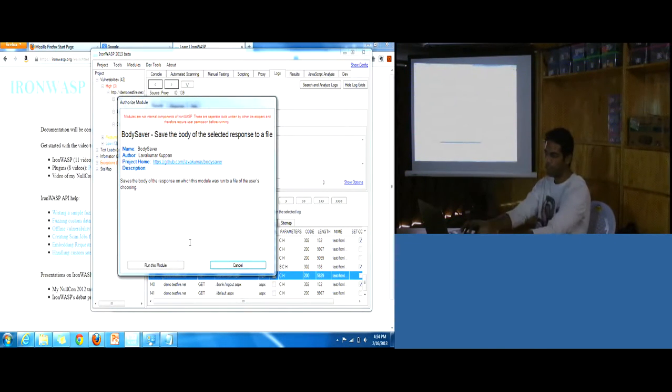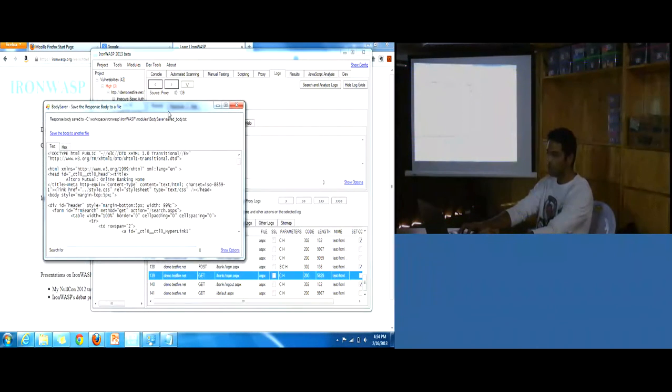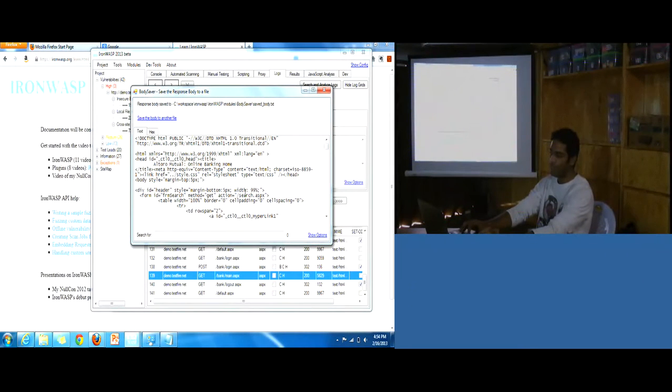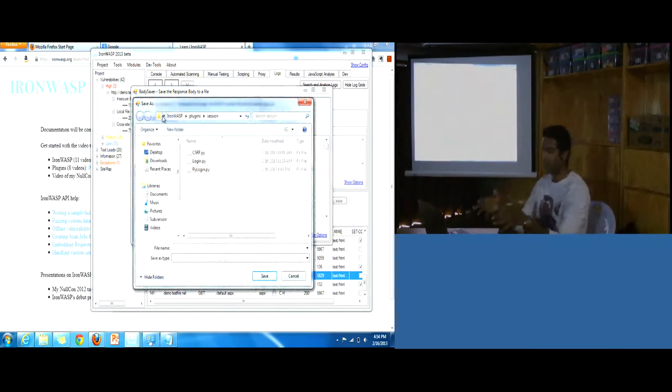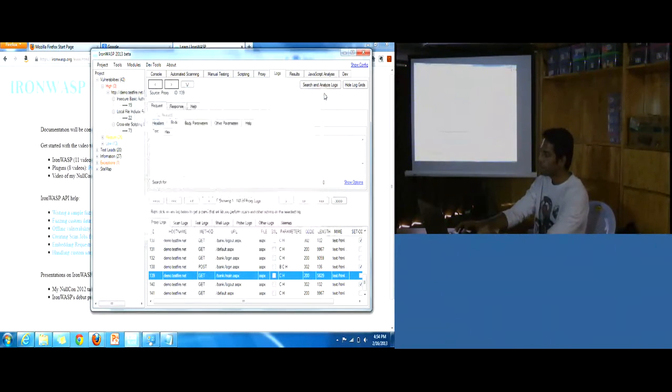For example, there is a module called body saver. If I right click on a request and response and call this module, it will give me an option to save the body to a particular file. So this is something I've done.